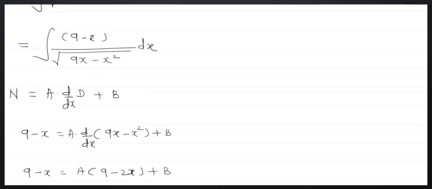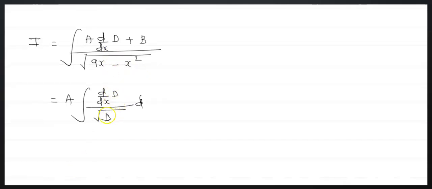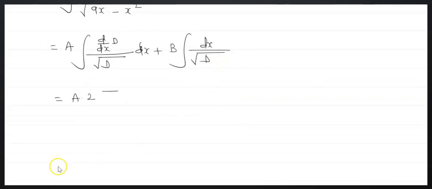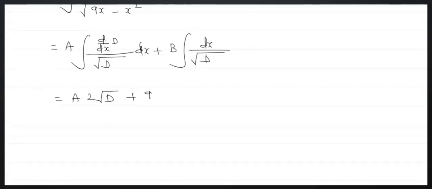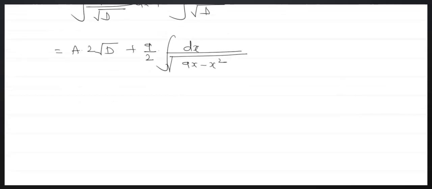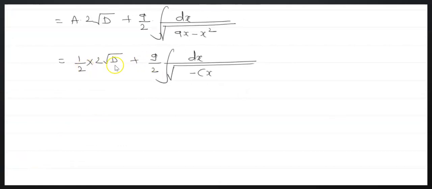Therefore, I is equals to integral of a into derivative of the denominator upon root of 9x minus x square dx, plus b integral dx upon root of the denominator. Now this gives 2 times root of d, the value of b, and the denominator is 9x minus x square. Now we will evaluate the integral. Substitute the value of a, 1 upon 2. These two get cancelled. You will get root d plus 9 by 2 integral dx upon